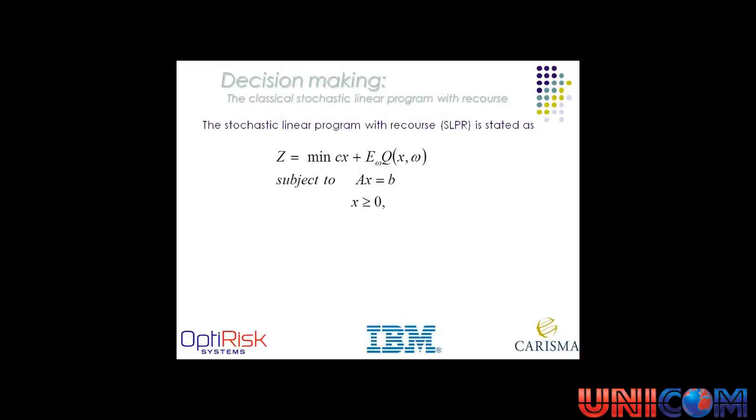And it goes in the following way: you now minimize an objective function Cx, but also a recourse function, an expectation of this recourse function, E_omega Q(x, omega), subject to a set of restrictions Ax = b. That's so far so good, excepting the recourse function itself can be stated as a linear program in many applications. So it can be written in terms of a recourse or corrective action variable y: minimize f(omega) y, subject to D(omega) y = b(omega) - T(omega) x, etc. And you note the recourse function depends on x, which is the decision you want to take standing now,